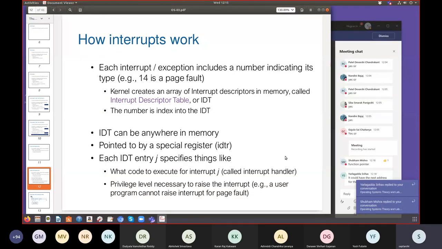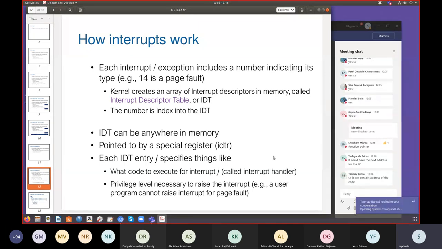Exactly. So Shubham has given the answer. There is something called function pointer. If you are not familiar with it, I would suggest you read any good C programming book, like say Kernighan and Ritchie or something. But essentially there is a concept called function pointer. Just like we have pointers to variables, we can also have pointers to functions. Basically, a function pointer gives the starting address of the first instruction of that function, or from where execution